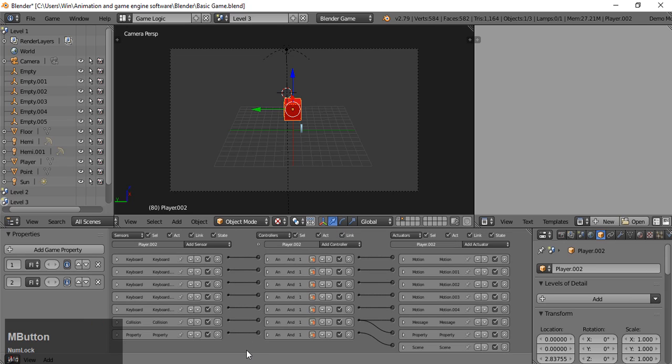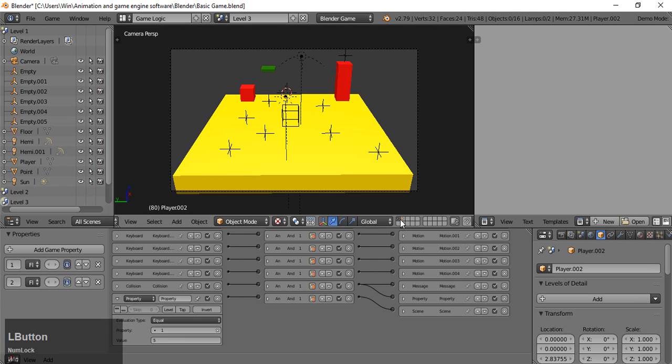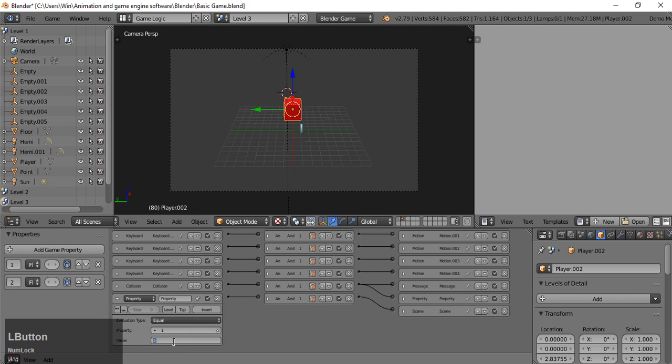So we need to change the property. First we need to count. It's 1, 2, 3, 4, 5, 6, 7, and 8. Now go to layer 2 and change the value to 8, and change the scene